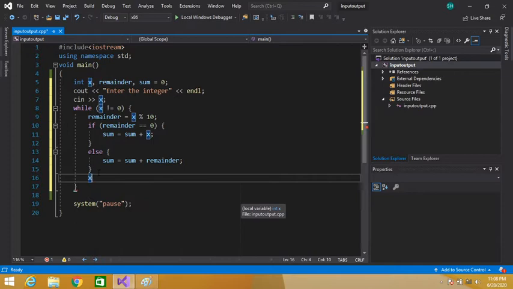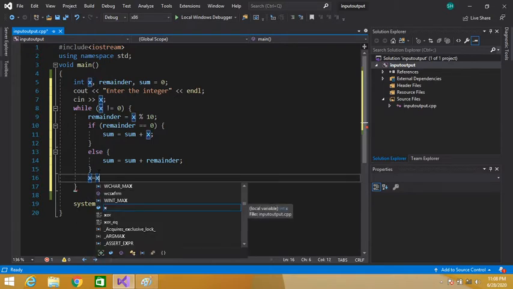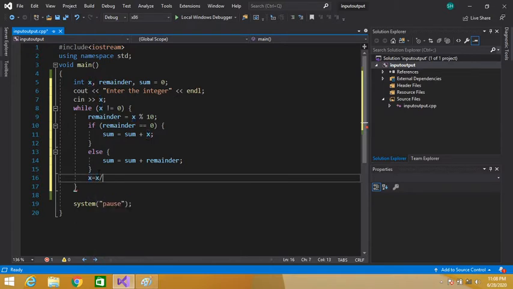Then x is equal to x divided by 10. So this is our logic for this program.